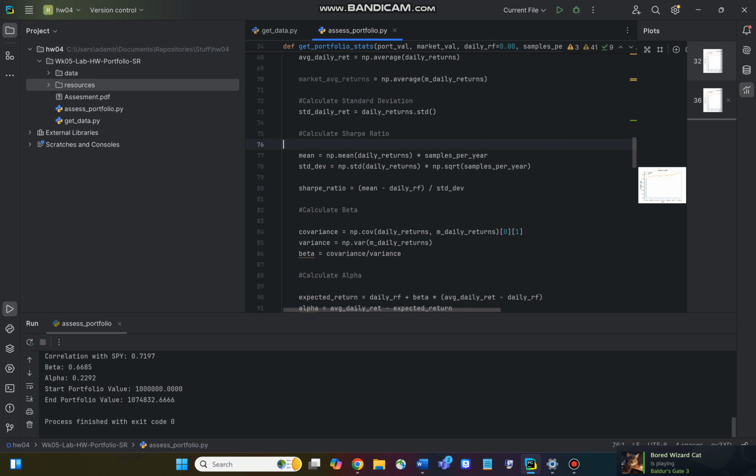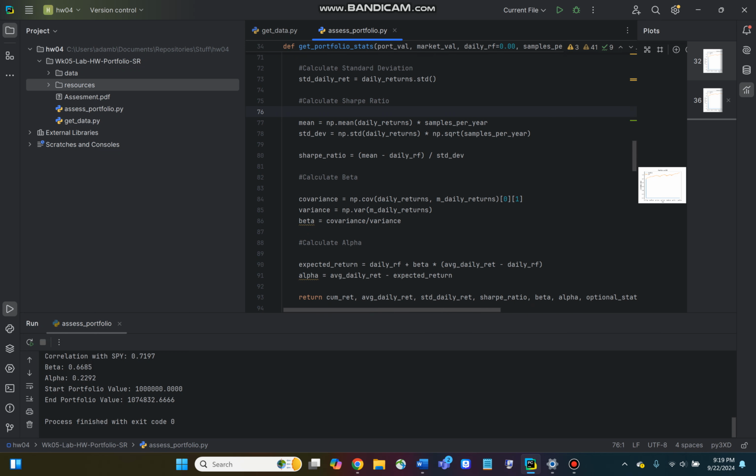For sharp ratio, we take the mean of daily returns and multiply them by samples per year. And we take the mean and we combine that with the standard deviation right here. But for the standard deviation, we'll be multiplying it by the square roots of samples per year. And for the sharp ratio, we take the mean, subtract it from the daily return, and divide by the standard